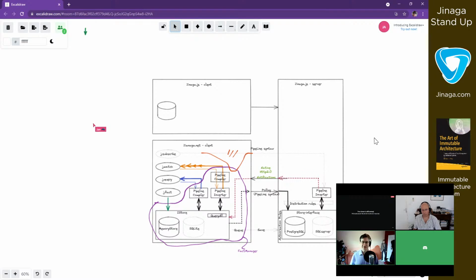So take advantage of HTTP 2.0 duplex. Makes sense. Thanks. Yeah, it used to be WebSockets, but now I think even if you use the WebSockets API, it's HTTP 2.0 duplex that it tries to use, if the server supports it. And so that will be a requirement for deploying a Janaga server.